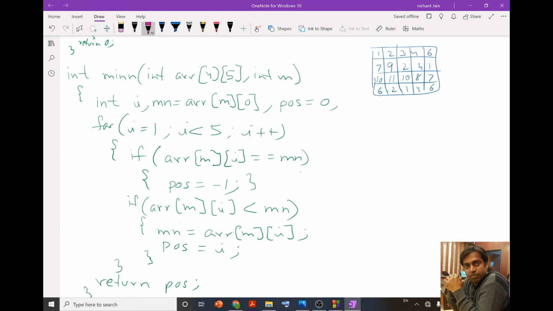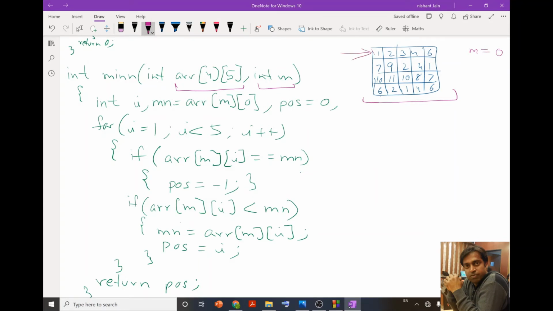Now to check how this function is going to work, let me take this particular matrix. Now over here let us consider that this array that is passed is this, and the value of m, meaning the row number that is passed, is 0, meaning we are going to just scan this particular row.